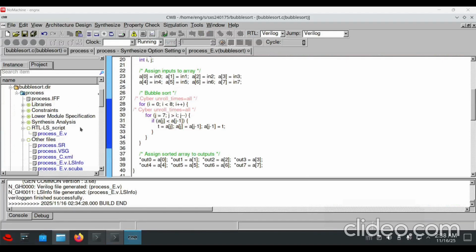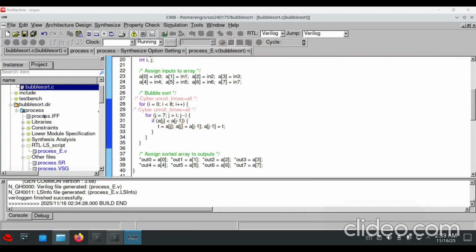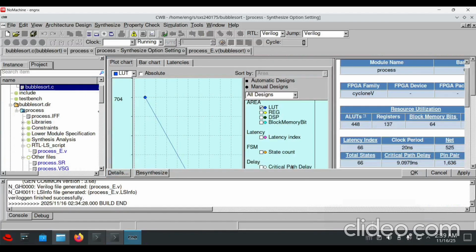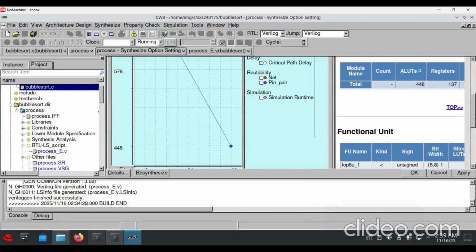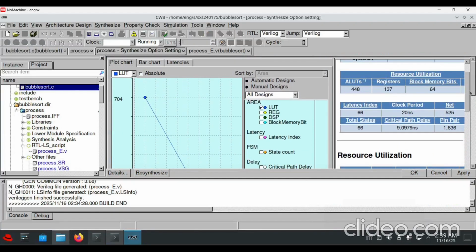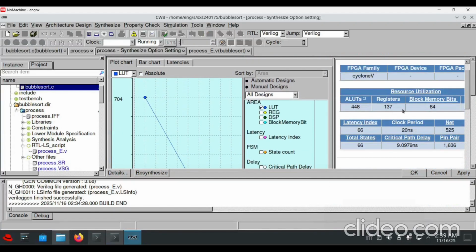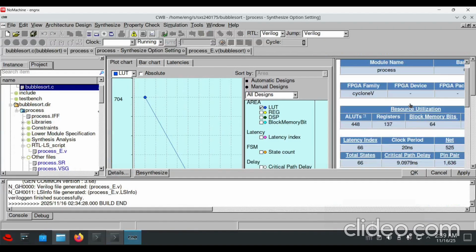This was synthesized and the synthesis window was obtained. From the synthesis window, we can see that the ALUT is reduced. This happens because when the latency increased, as we can see, we have utilized RAM, which means instead of ALUTs, the synthesized design